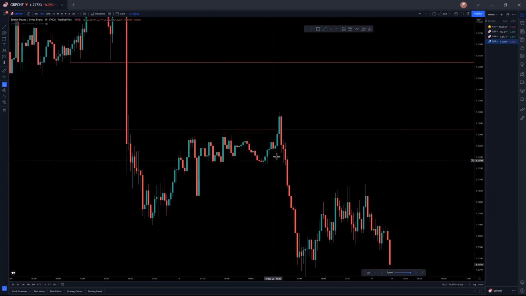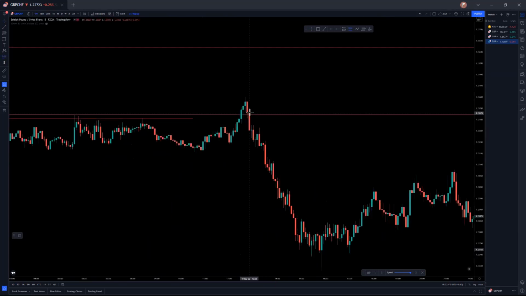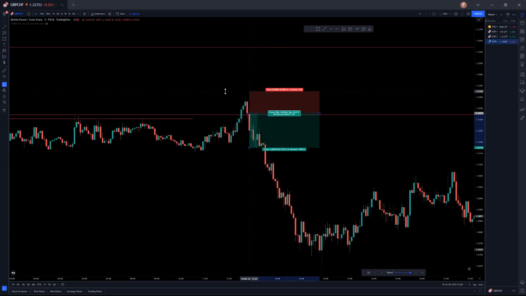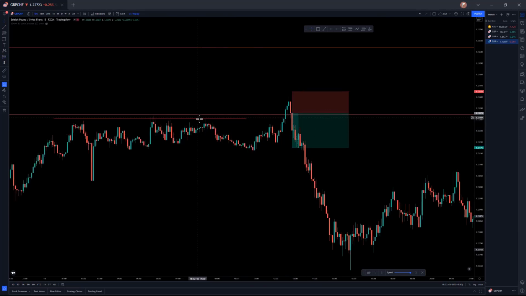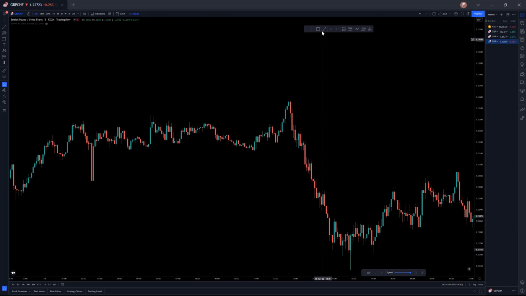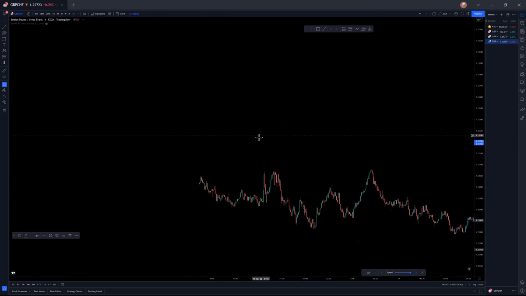Price took out the equal highs, and once I saw a good bearish candle like this, I placed my entry based on that. This was completely based on the liquidity concept. This was not a CHoCH flip or something like that. This was based on understanding the daily candle, understanding the liquidity and executing based on the imbalance. How you can execute this is, once price took this out, this was a CHoCH. But again, you have to go to the 1 minute for this.